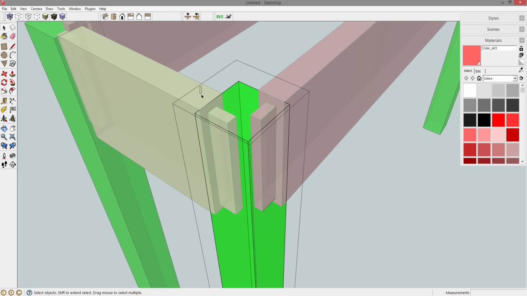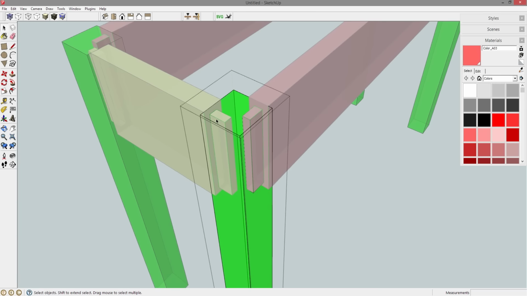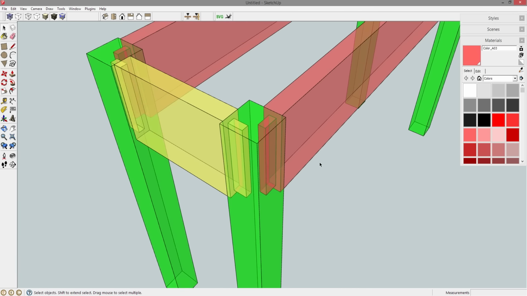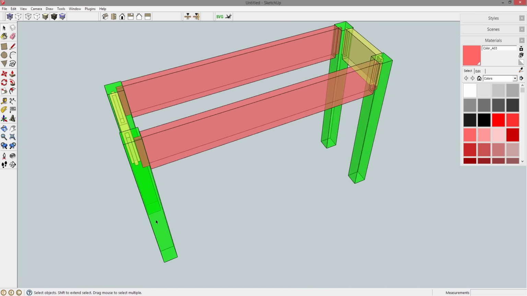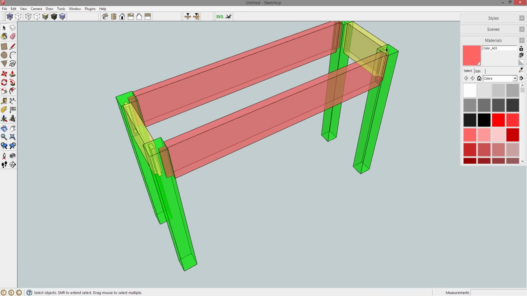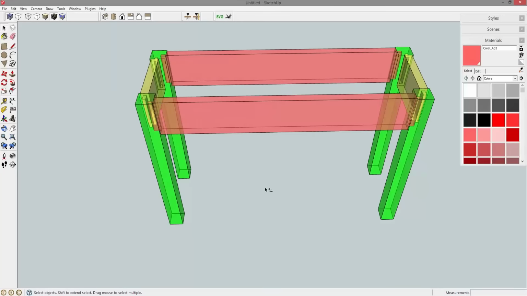Same thing over here. Let's press spacebar and then use a window to only select this face that I just drew. P4 push pull, and I'm going to pull this one into place over here. So now I have all of my mortises and tenons cut for all of my pieces, and because I rotated all the parts and changed the orientation appropriately, all of the geometry and all the joinery should be on the appropriate orientation for each one of